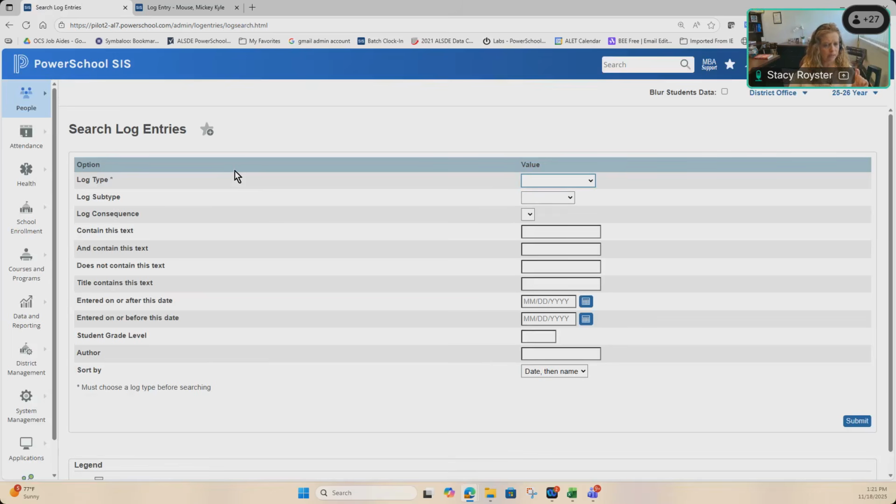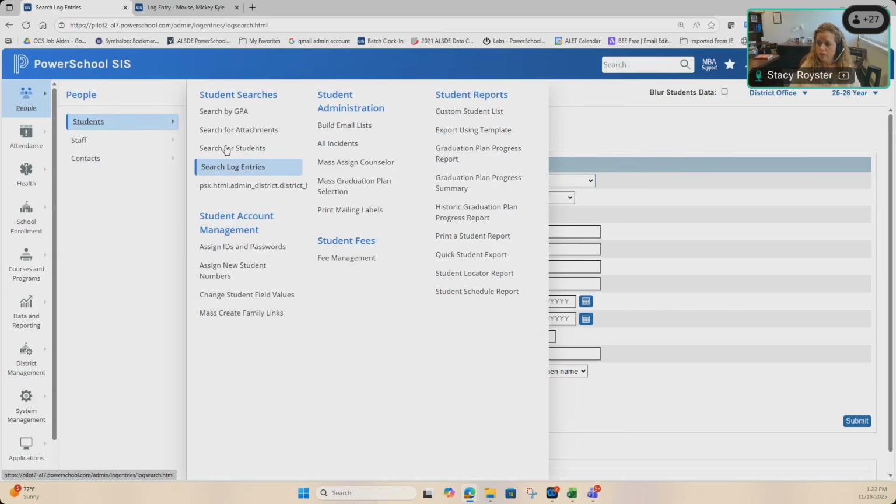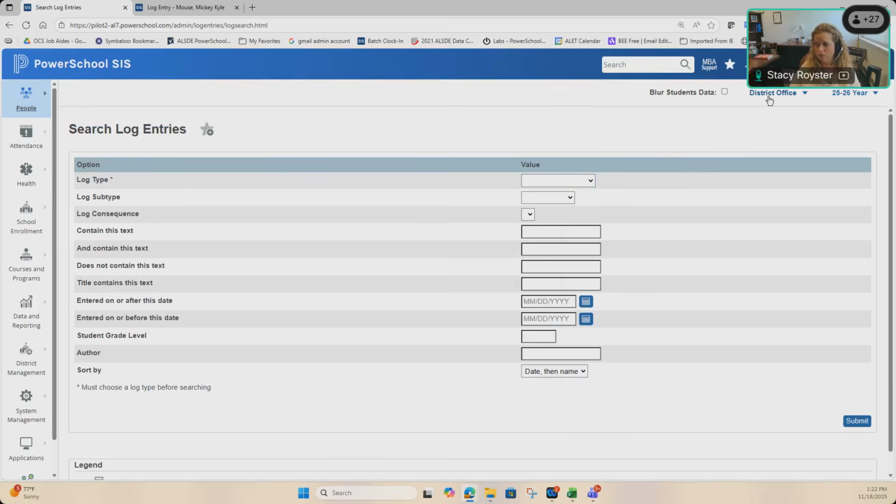Oh, I like that idea, Linda. Linda says she's using it for enrollment and exclusion forms have been issued. Some people will use it to document things like an affidavit being turned in and things like that to denote dates and stuff. There's all kinds of usage you could want to do for this. So in this people and students and search log entries, again, notice I'm at district office,